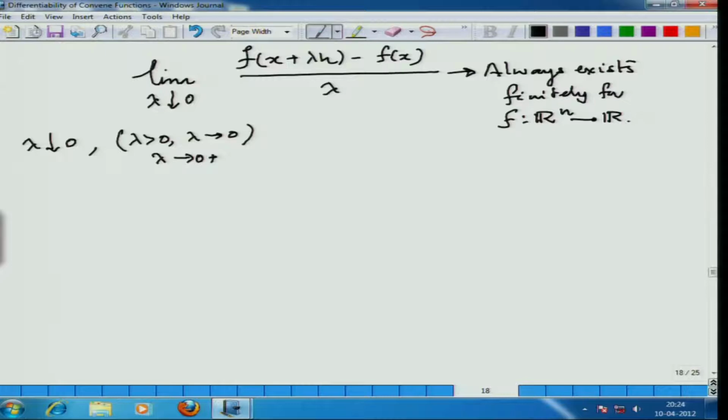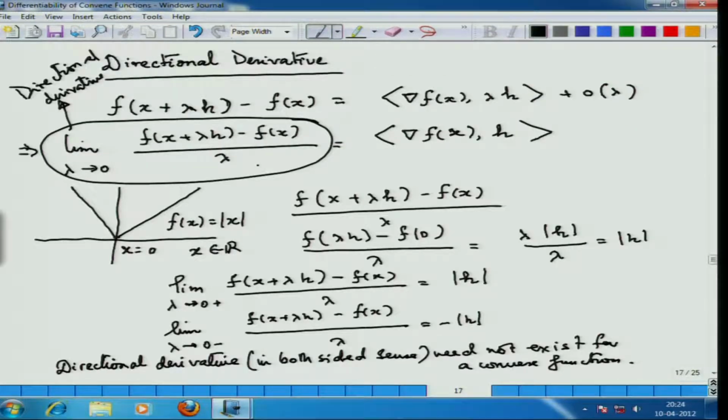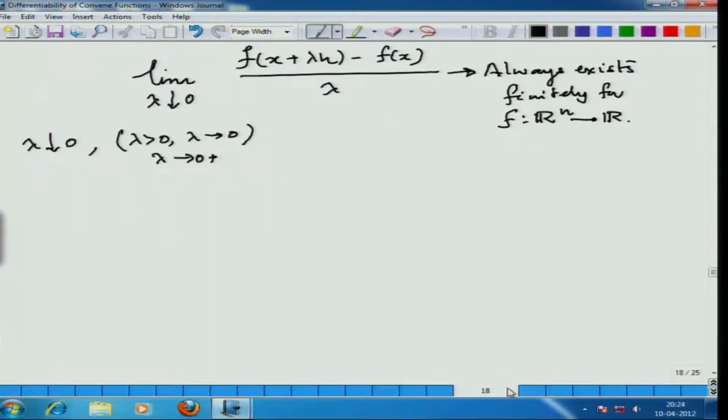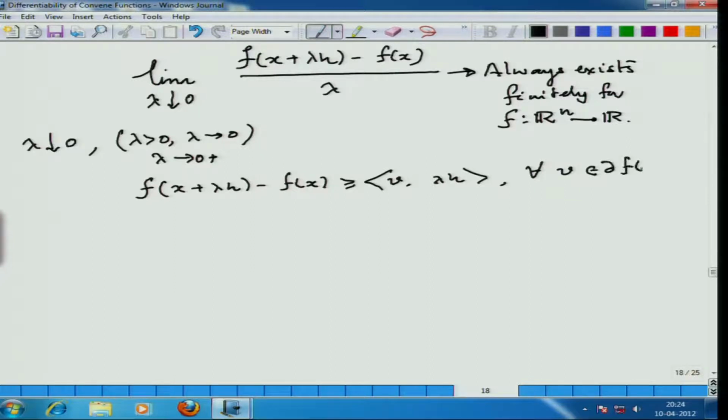Now, if this limit exists finitely, so what? How does it link with the subgradient? Can you give me a formula like this for the differentiable case? Is the subgradient related to it in this way? Let us figure it out. By the definition of subgradient, I of course have the following formula true, that for every v in the subdifferential of x, this is what will happen just by the definition of the subgradient. So, this would imply